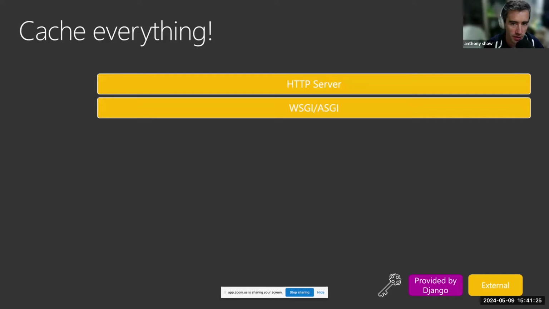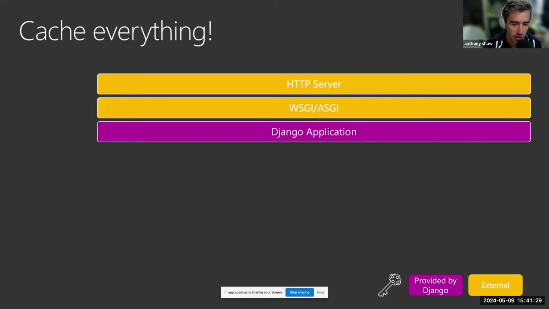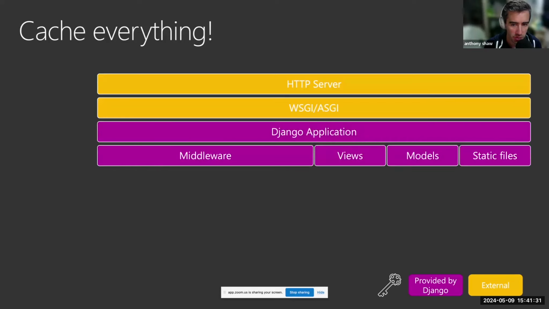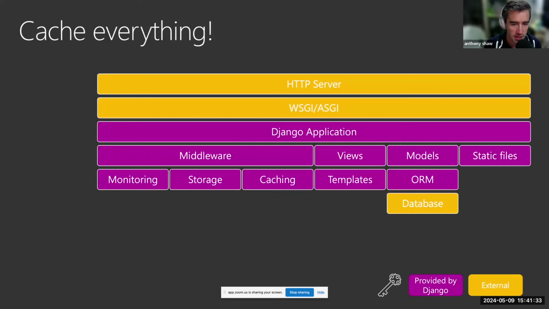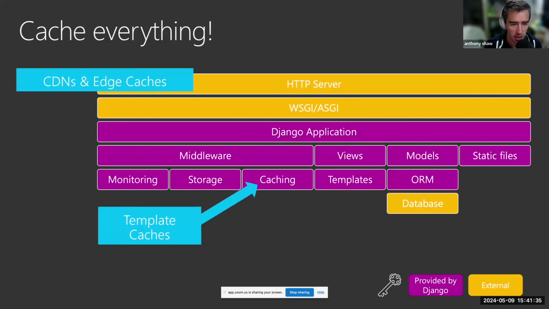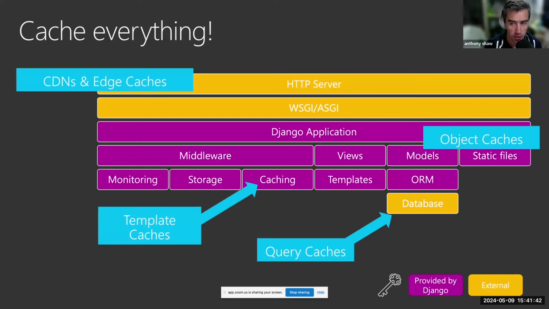You can put a cache at the front end in the form of a CDN or a reverse proxy. You can cache Django at the middleware level. Flask and FastAPI are very similar. You can cache templates. You can cache queries in the database backend. You can cache objects using something like Redis. Or you can put LRU caches in Django as well. This is specific to Django. You can do similar things with FastAPI.